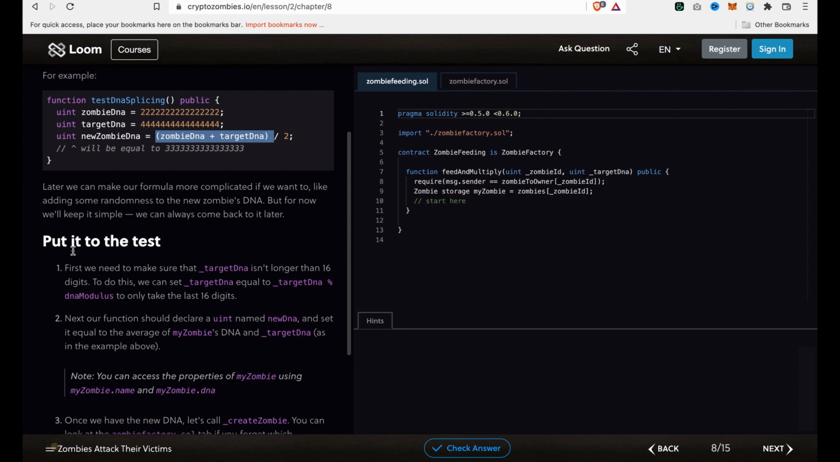So we are now going to the test, and first we need to make sure the target DNA isn't longer than 16 digits. To do this, we can set the target DNA equal to the target DNA modulus, to only take the last 16 digits. So the target DNA is equal to the target DNA modulus,